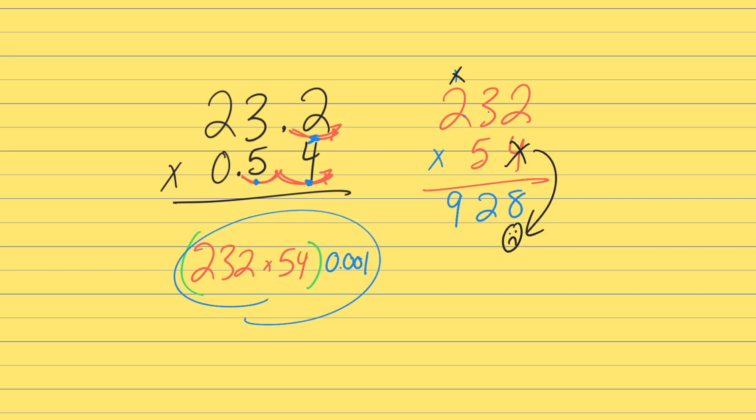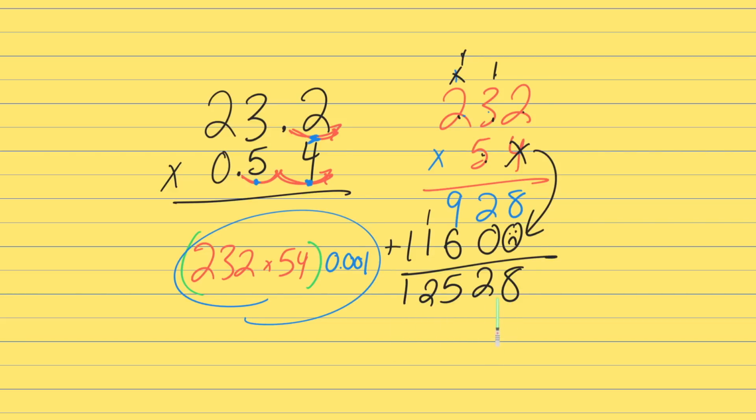So 5 times 2 is 10. 5 times 3 is 15, plus 1 is 16. 5 times 2 is 10, plus 1 is 11. So I end up with partial products added up: 8, 2, 15, 2, and 1. So I end up with